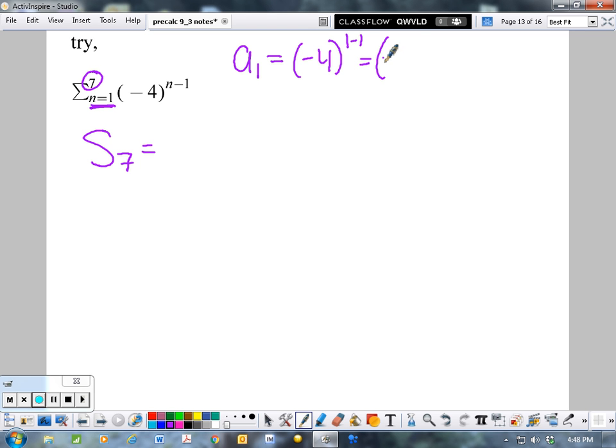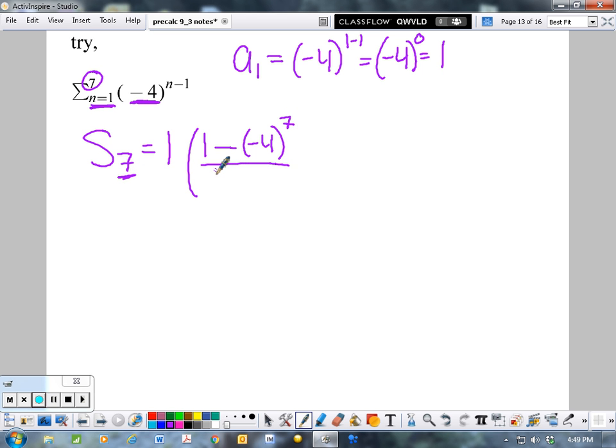So that's going to give us negative 4 to the 0 power, and we've talked about how anything to the 0 power is really just 1. So my first term is 1 times 1 minus my r. The base of my exponential function is my r, so this is going to be negative 4 to that nth power, so the 7th power,